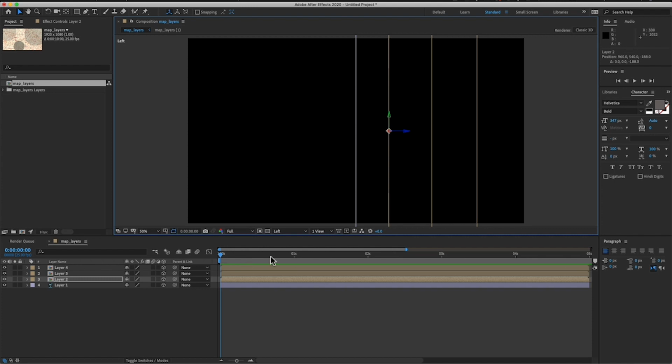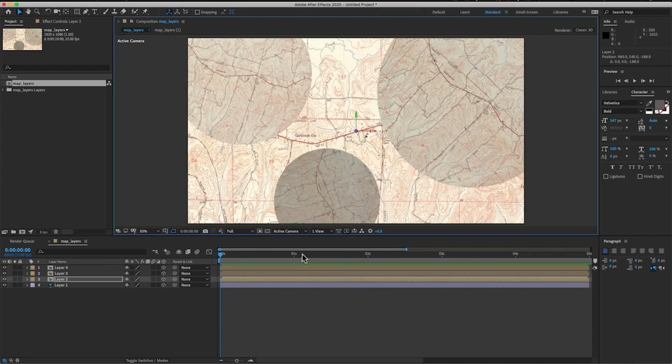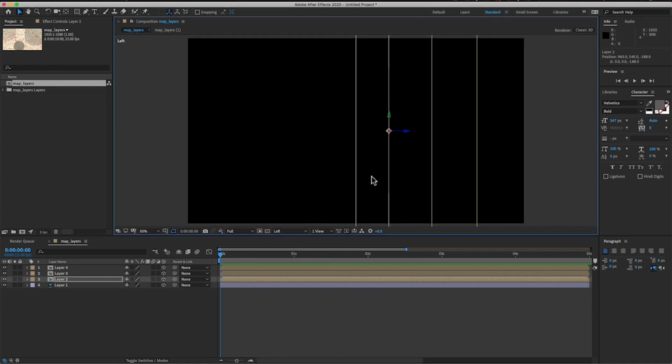Okay, so let's look at that from the front again, back to the active camera. Not much difference, but things would have changed in terms of scale. But it's not really scale. Things are closer to us in that 3D plane, or further away from us now. And the important thing to remember is there's a center point. If we're not using the assistance of a null object, this area here becomes like the default point of interest for the camera and the like. If you want to keep things simple, make this here